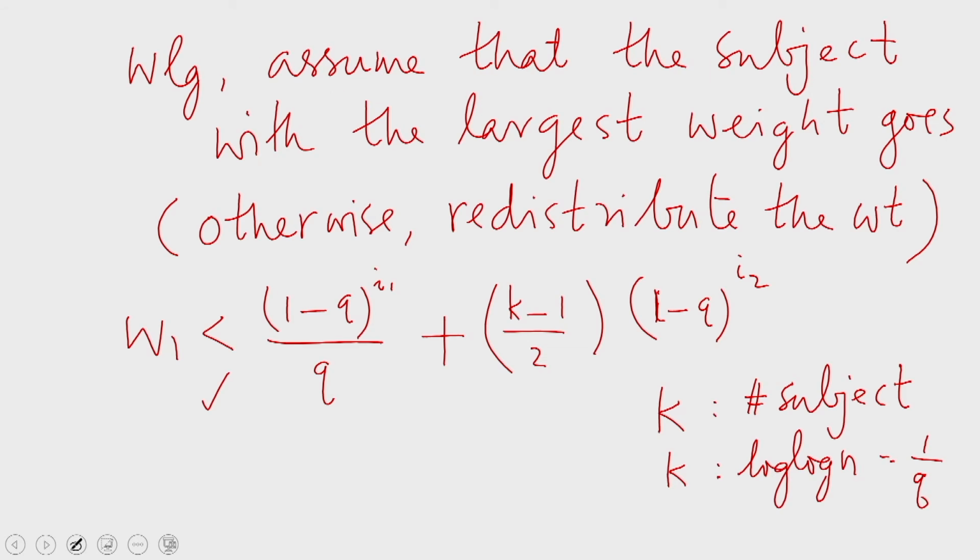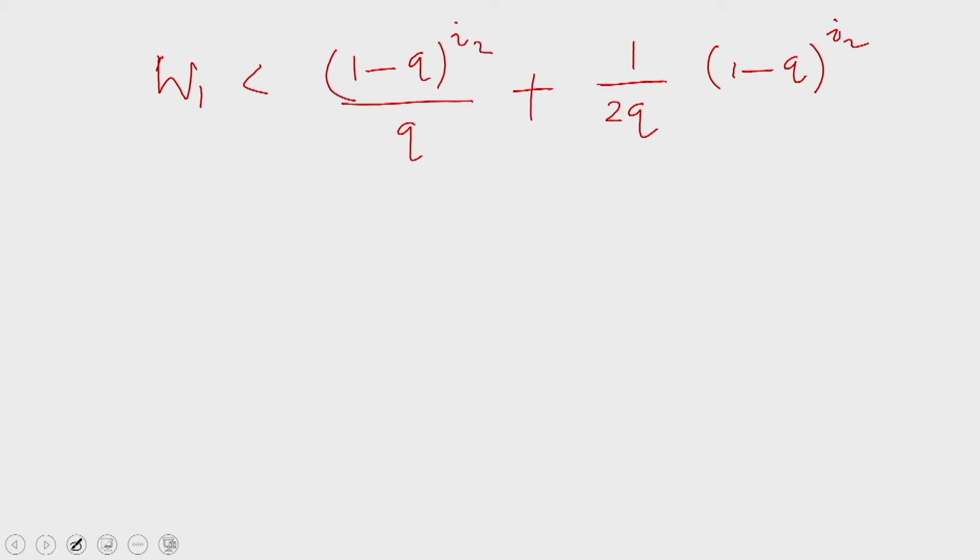When you substitute k equal to 1 by q, this term becomes 1 by 2q times (1 minus q power I2), which is 3 by 2q times (1 minus q power I2),